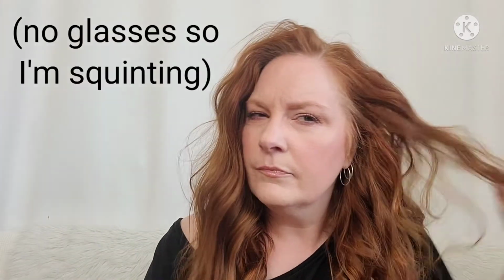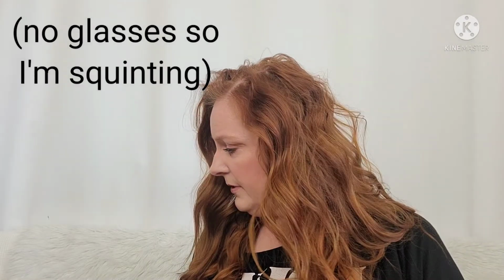This is not as curly as I would like it, but when I do it tomorrow night, it'll be even curlier. But this side looks really good. So I just try to foof up the top a little bit, and then I give it a little shape with some paraben and sulfate-free hairspray. This is Bain de Terre. So I usually just give it a little spray and then kind of put the curls where I want them. And then this side,